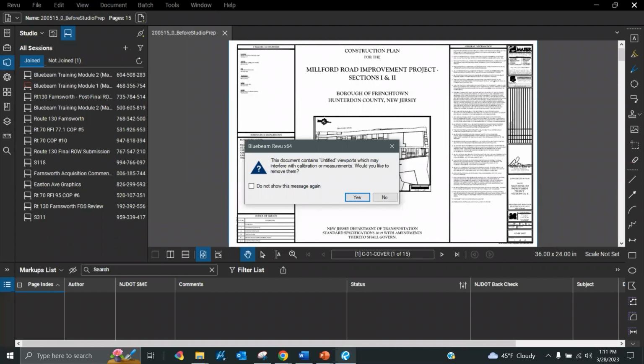When a PDF with viewports is opened in Bluebeam, it'll automatically prompt you to remove them because Bluebeam knows that viewports interfere with the program's measuring tools. Removing viewports will go a very long way in making sure things go smoothly for your reviewers. So before even getting into a session, someone with a full license will do this to set up the document